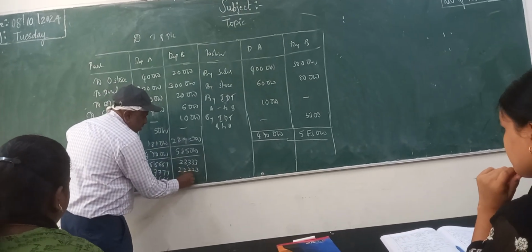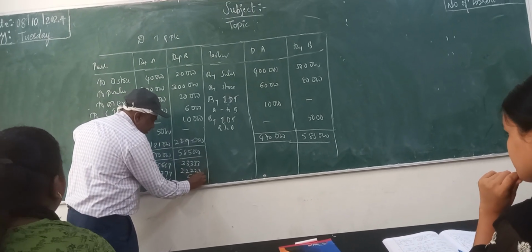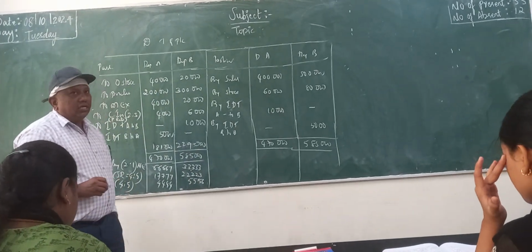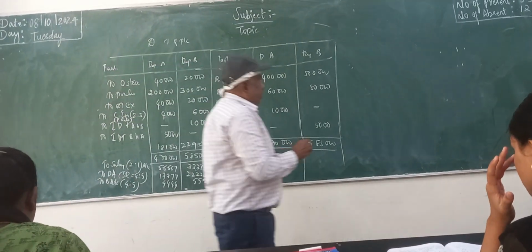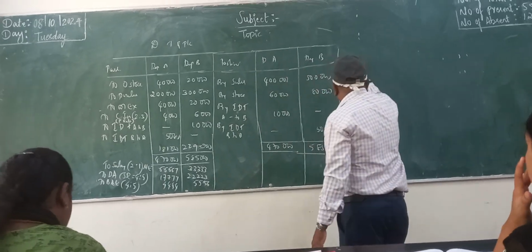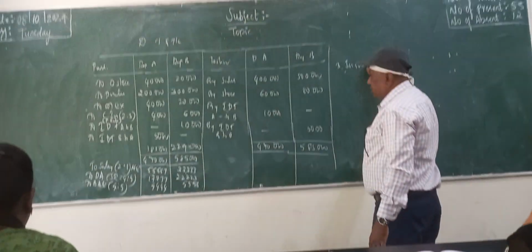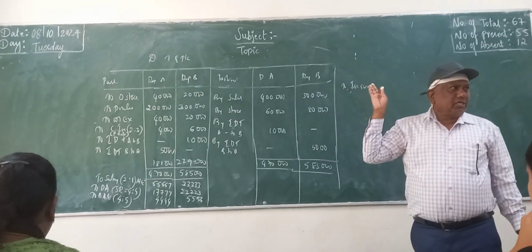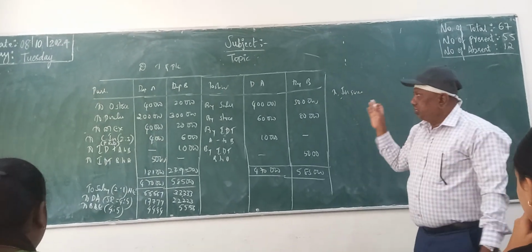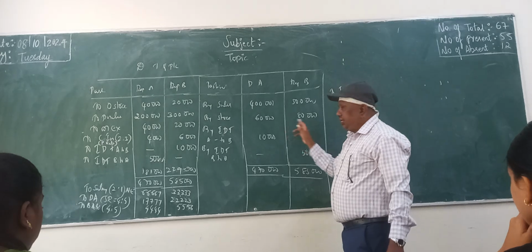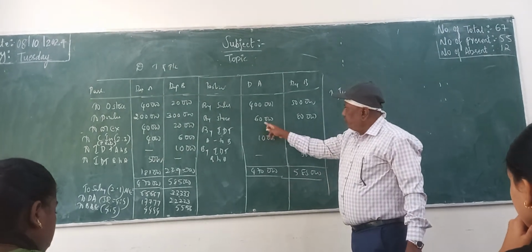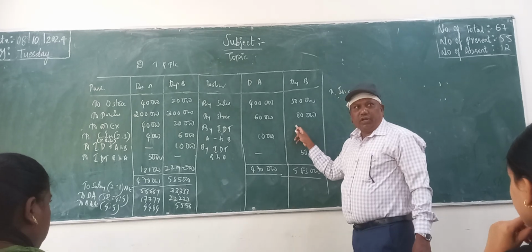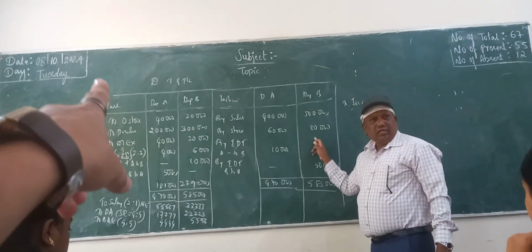5,000. 60. 56. Next to insurance. Why are you giving insurance? If some loss occurs, we can cover it, right? Because of stock we are giving, so we need the stock ratio. What stock ratio? 60, 80. So 40, 40 cancel. 6 is to 8, 3 is to 4, right? Yes, sir. Correct. 3 is to 4.